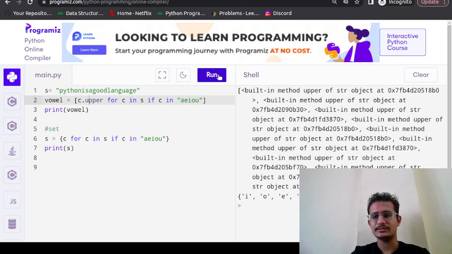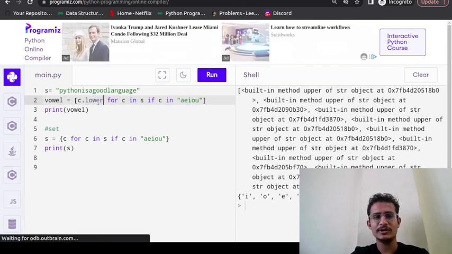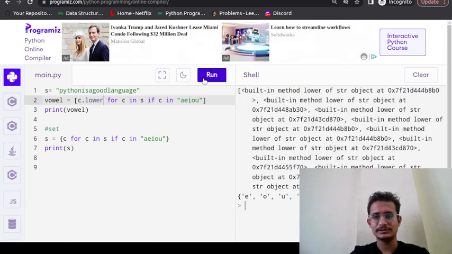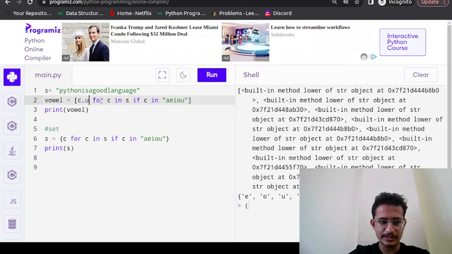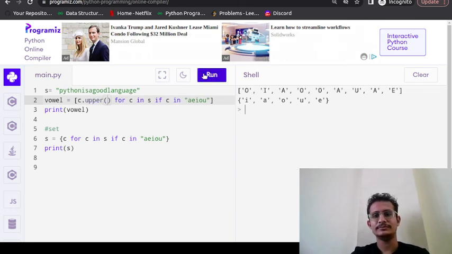Let me write lower, there is a function for lower. There is also one for upper, but I need to call it like a function. I hope it will work. Yeah. So what it has done, first of all, it has done the filtering, then it moved to the upper.